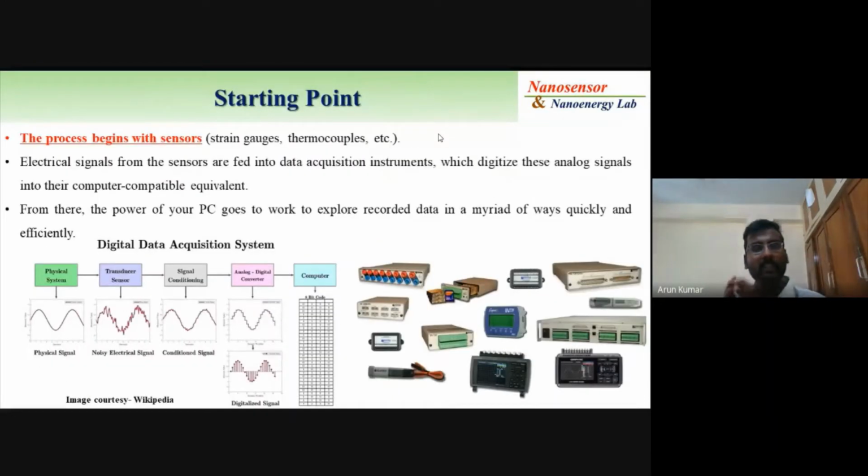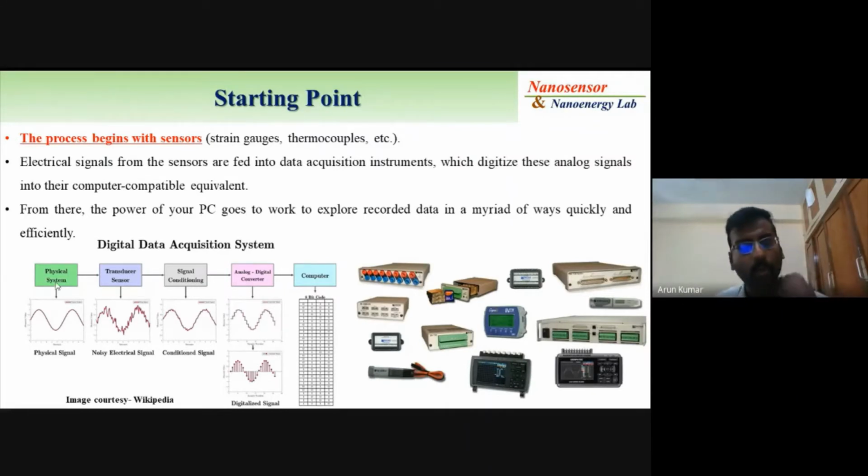Okay, so as I told you, the data collection process starts with the sensor. That is the most important thing. The sensor is the one thing which converts a physical form of data into an electrical signal. We get an analog signal, and this analog signal we further process with some signal conditioning or noise cancellation, and then we convert this analog signal into a digital signal. This digital signal we then use as codes or for a switching process. So it depends on the application.